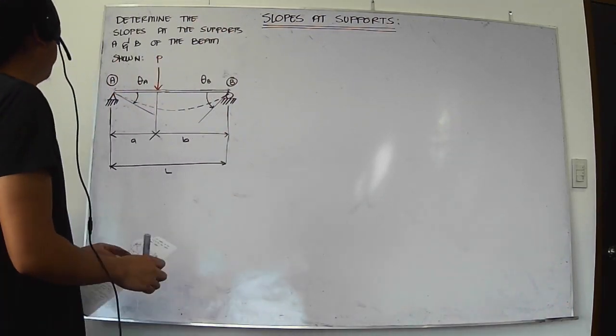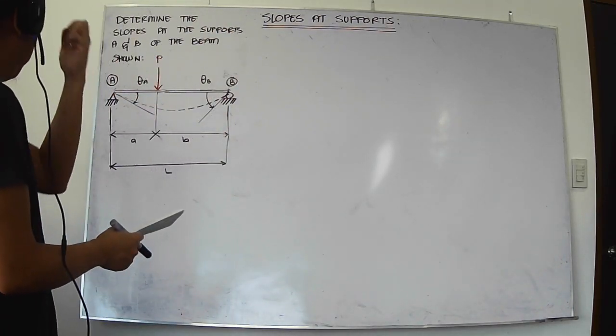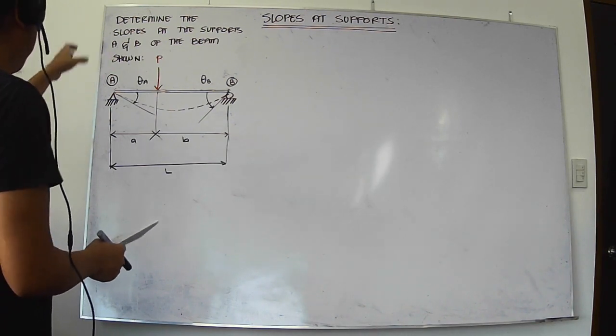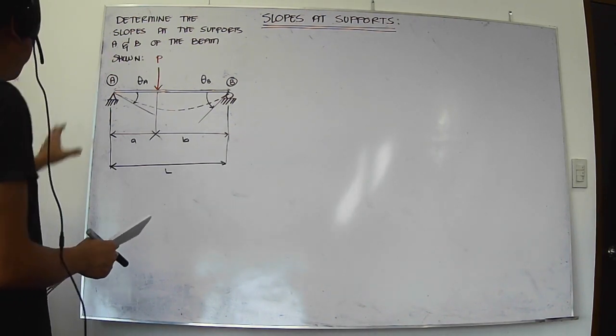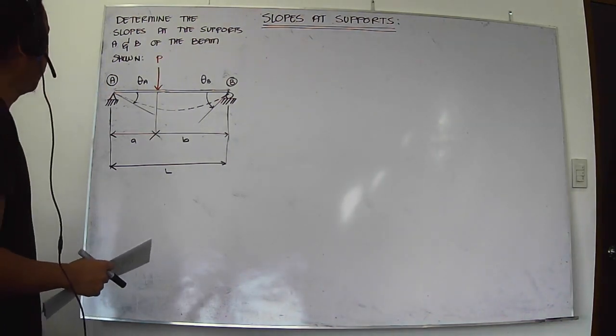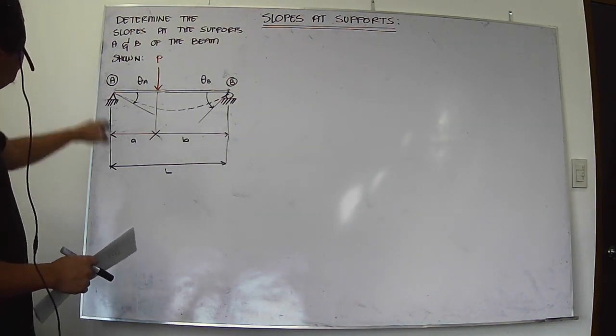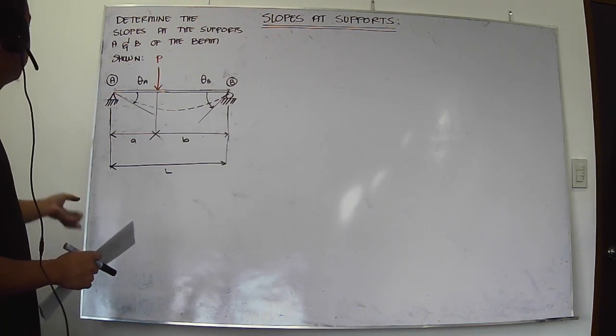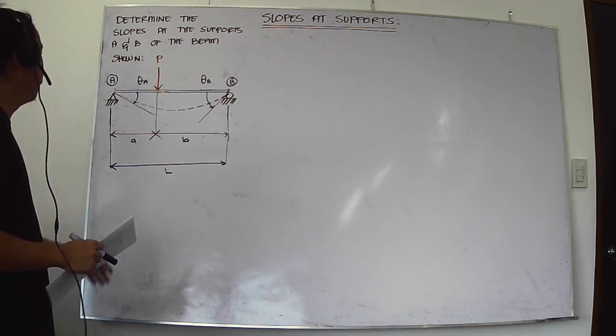So in this video, we'll continue on with the slope at supports, but today let's try to find a general approach for this kind of loading scheme. Okay, we need to determine the slope at the supports at A and B of the beam shown,